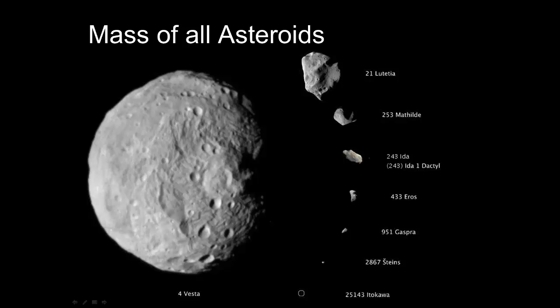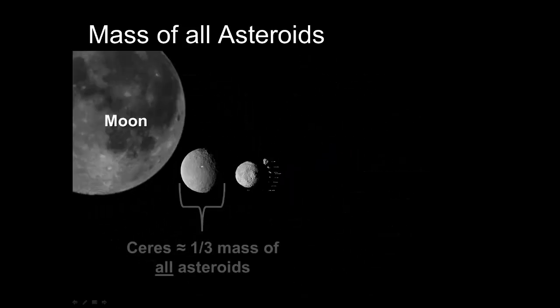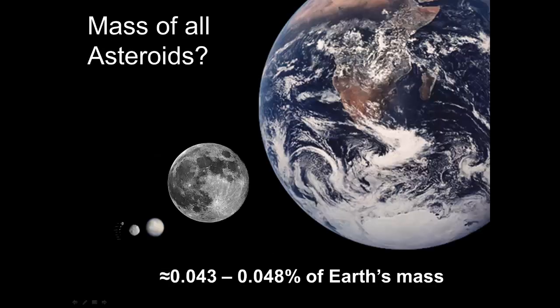Although rather large, asteroids like comets have low density and are weakly held together. Vesta is one of the largest and is almost big enough for its gravity to make it spherical. Ceres is the largest asteroid and makes up 1/3 of the mass of all asteroids combined. It has just enough mass to pull itself into a roughly spherical shape. The mass of all known asteroids combined makes up only a small percentage of Earth's mass. So asteroids are probably not the fragments of a planet that completely exploded, as some people initially thought.